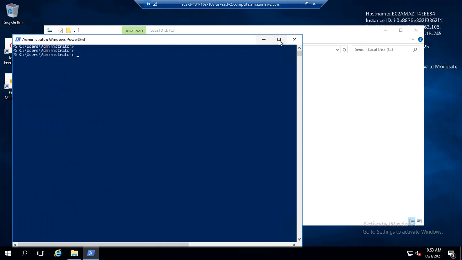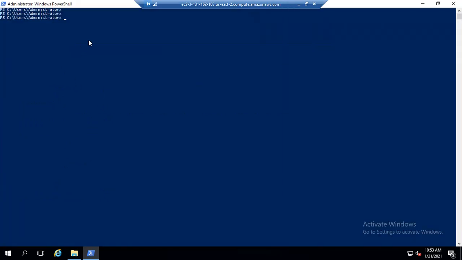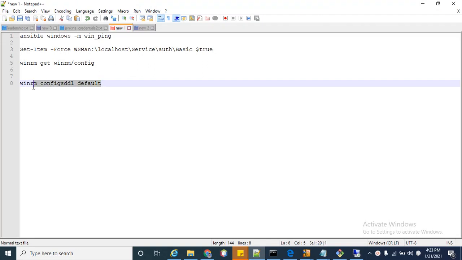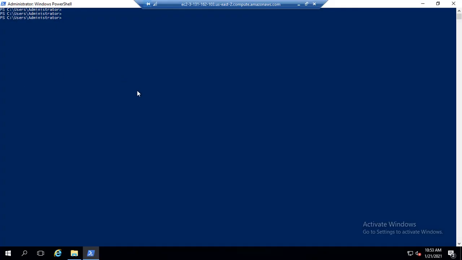Now let me show you another thing which we have to set. This is the most important thing we have to check on the Windows server. Basically, whichever user you are using, we have to check that it has permission for read and execute from the Windows side. So the user must exist in the WinRM config.